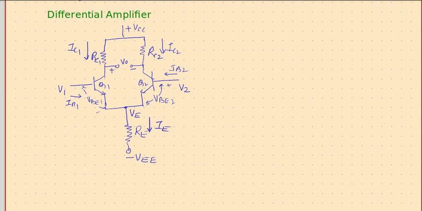The circuit of differential amplifier is shown here. It has two common emitter amplifiers, and the two emitters are shorted, and the common emitter point is driven by a negative source through Re, and let us assume that the current flowing through Re is maintained constant somehow. So that's the beginning. That's our initial setup.